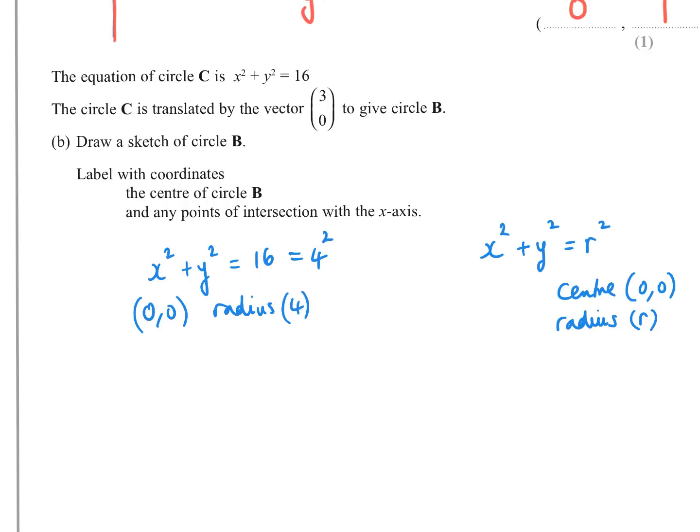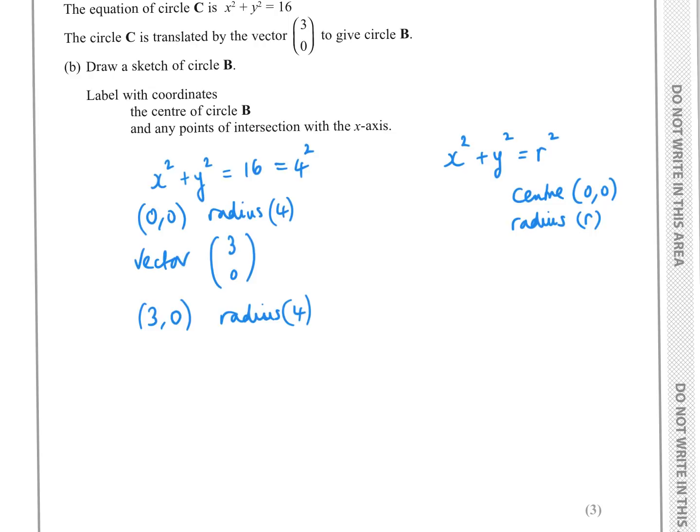The circle C is translated by the vector 3, 0, so along 3 on the x, no change on the y. So we have to basically sketch circle B. Okay, so C is translated and we have to now sketch circle B. So if the vector is 3, 0, then if the centre's at 0, 0, the x goes up by 3 and the y doesn't change, so the centre will be 3, 0 and the radius is unchanged at 4. So we can now do